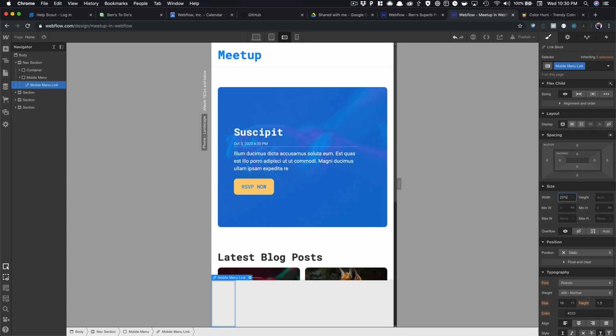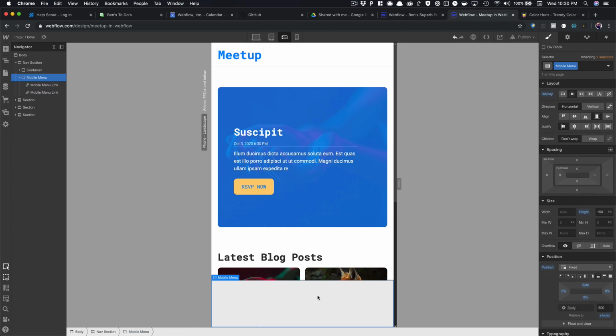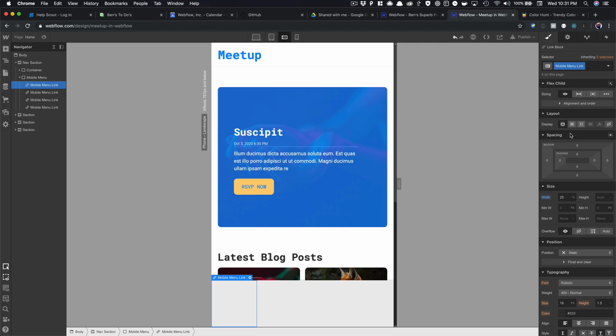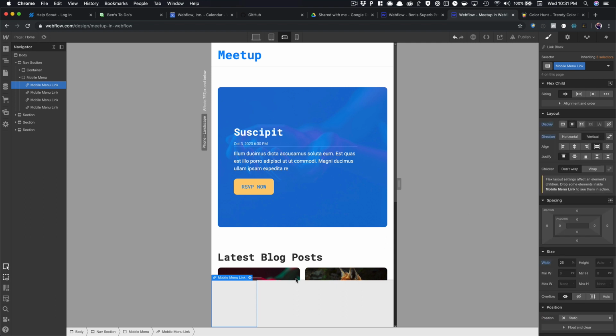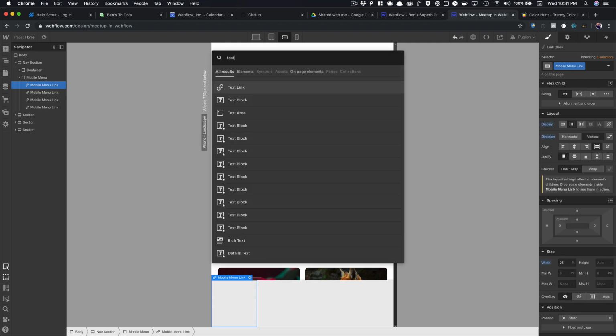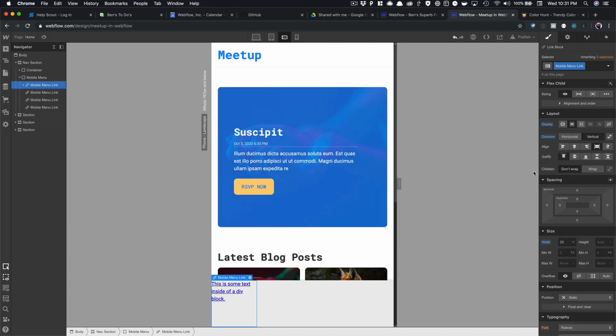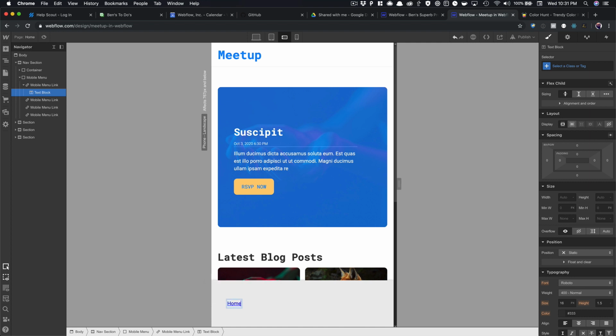We'll make it 25%, and then let's copy it and paste it a few times here, and then we would actually make this flex and vertical, and then we would put text in here, a text block, and then on this we would center,